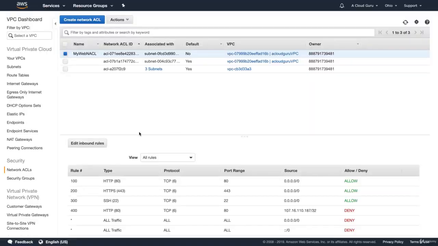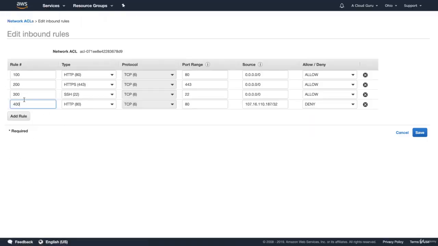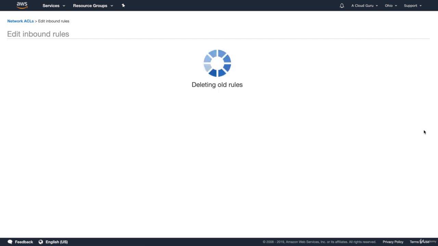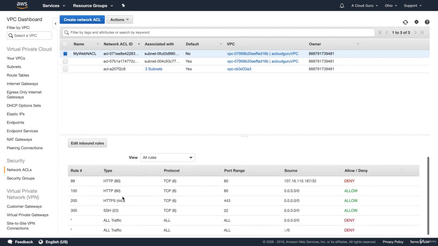They're done in chronological order. So if you've got a deny, you have to have the deny before the allow. So I'm back here. Let's go ahead and edit our inbound rules. And we'll change this rule from rule number 400 to rule number 99. We'll go ahead and hit save. So now we've got rule number 99, which is denying my specific IP address, and then it's allowing all other